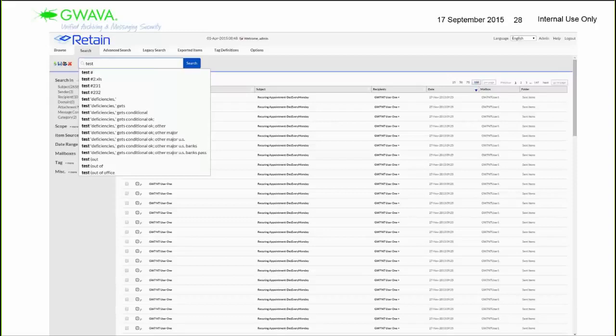So the other thing too is it tells you there's a count over here. You can see the number of results based on different things. So the subject has a certain number of results, the sender, recipient, domain, attachment type, attachment name, message content, category, and you can put more. You can say what you're going to search in. And so you can quickly and easily see what